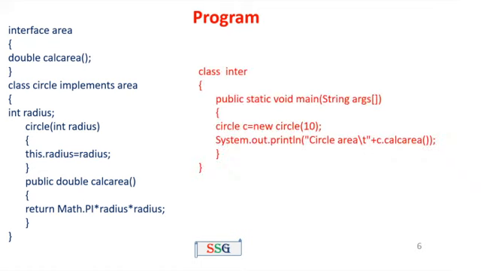The next one, main program, class Enter, public static void main(String args), Circle c equal to new Circle(10). Now the corresponding constructor function will be called, radius value equal to 10. That means c.radius equal to 10. Next one, circle area, c.calculateArea, control transfers to the calculateArea function, Math.PI means 3.14 times 10 times 10. The output value is circle area equal to 314.15 like that.